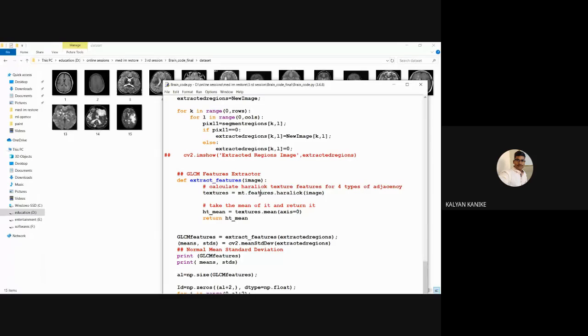Features means it will take the information in decimals, float values. Why do we have to find the features before doing classification? The input image information is in the 0 to 255 range, and according to the input image we have many pixels, for example 250 by 250.